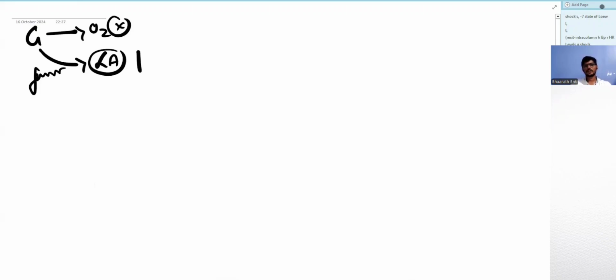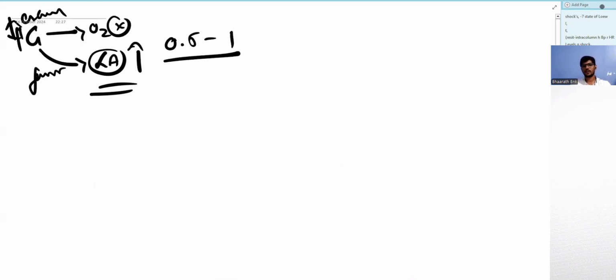As I told you, because the glucose cannot be oxidized, the glucose is converted into lactic acid by fermentation. So the more lactic acid you get, it means the less is the oxygen supply. So indirectly, it is a measure of, again, hypoxia. The lactic acid normally should be 0.5 to 1 millimole. So if it becomes 2 to 4, it is called hyperlactatemia.